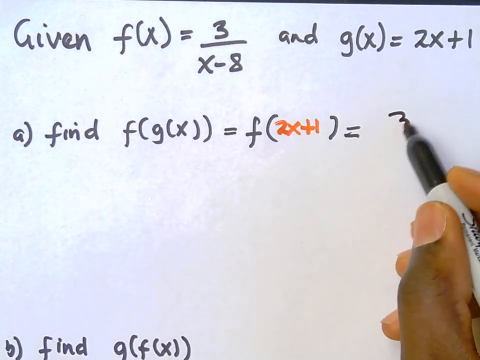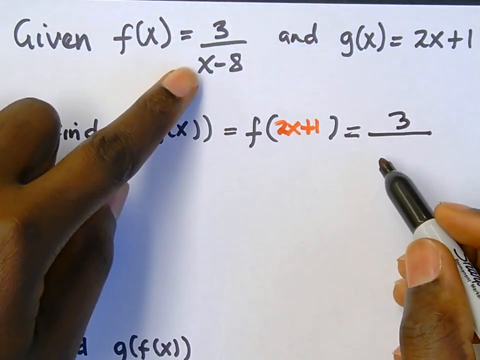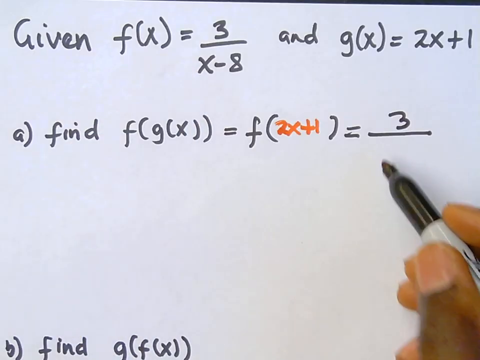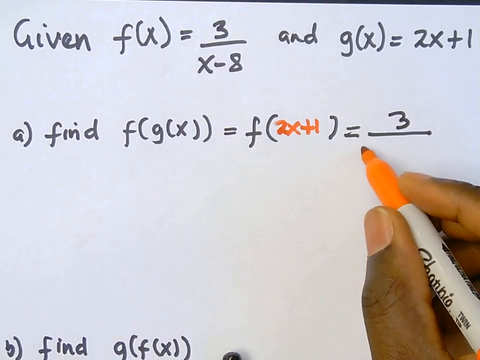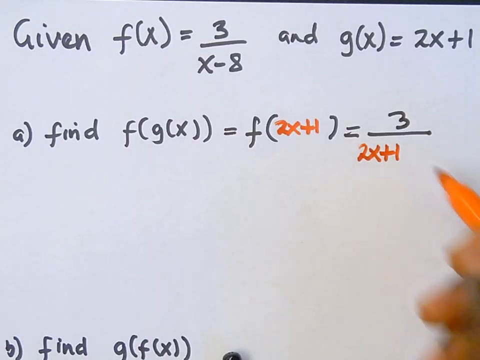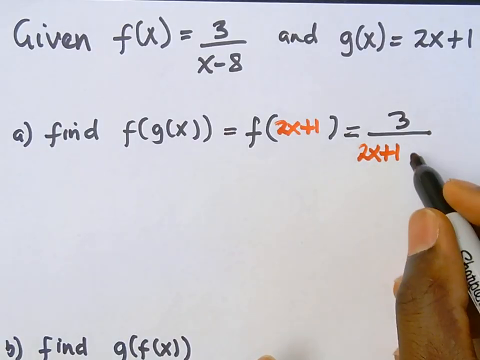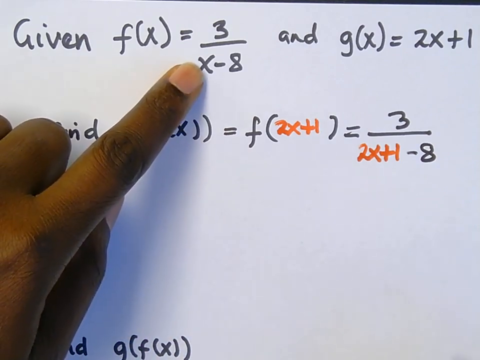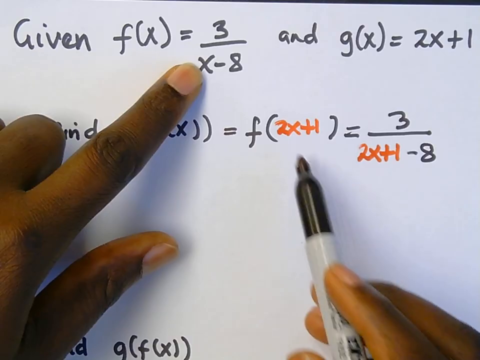So I have 3. Wherever I see x, I'm plugging in 2x plus 1. Right? So then I have 2x plus 1 minus 8. Okay? So what I did was that wherever there was an x, I plug in my new input